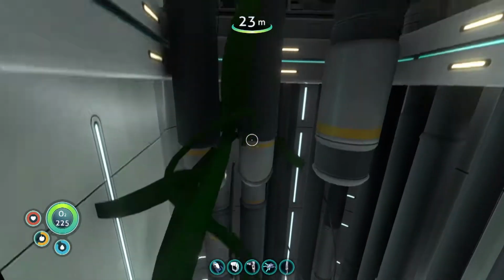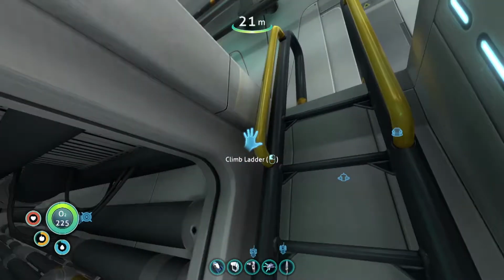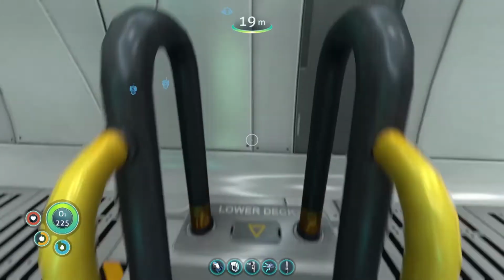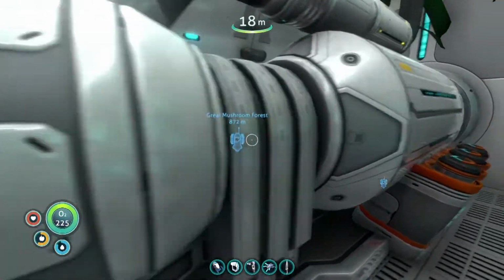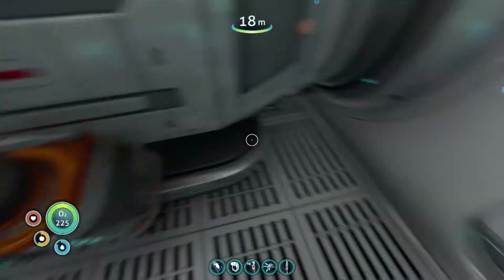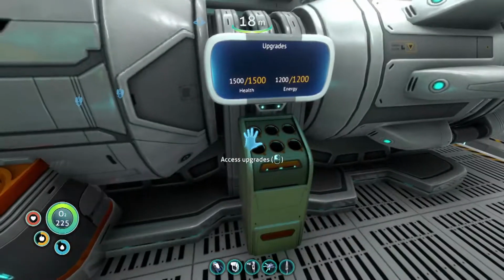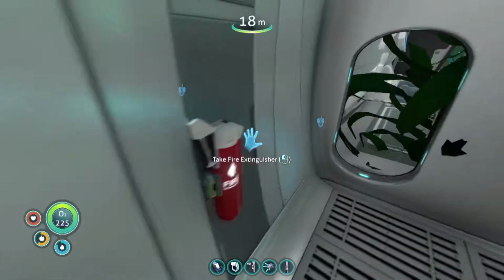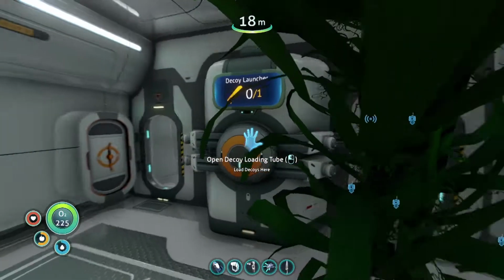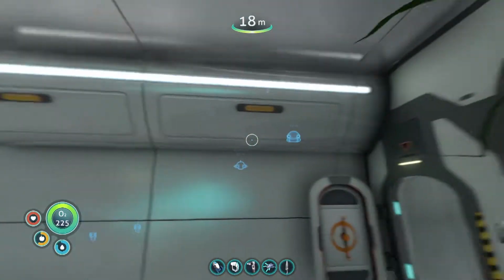Various corridors with all kinds of your power and infrastructure systems. Up this ladder here, we have our main engine and drive, which you can see operates off of 6 power cells, 3 on each side. Upgrades for the Cyclops can be put within here. Fire extinguisher there. The decoy loading tube, where you can put in creature decoys to launch out to keep your